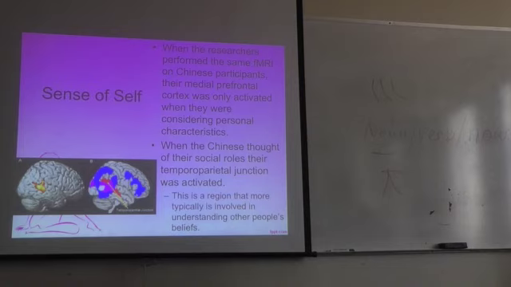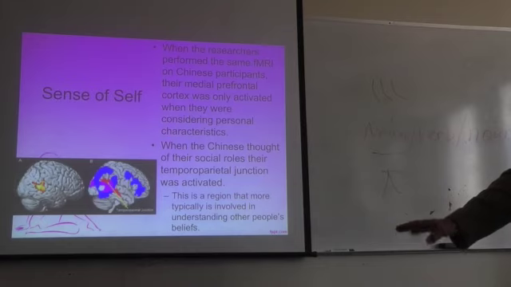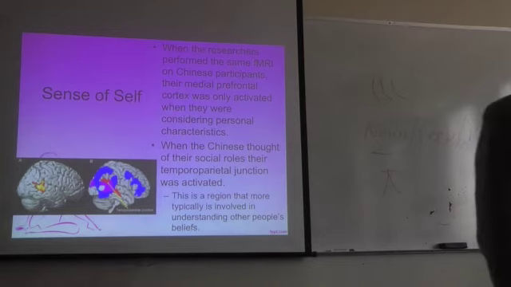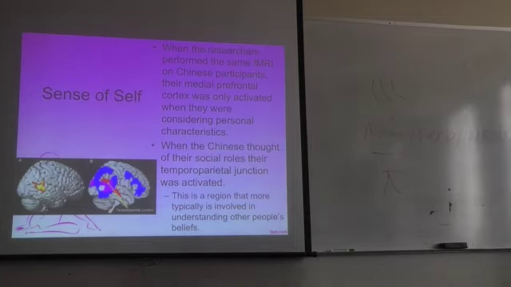And that's the way collectivists do things. That's one of the reasons why you try to get along with everybody in your society, because you see yourself as a reflection of what other people think of you. In Denmark, when they thought of their societal role, they didn't care what other people thought of them. But in China, of course, that is very important.